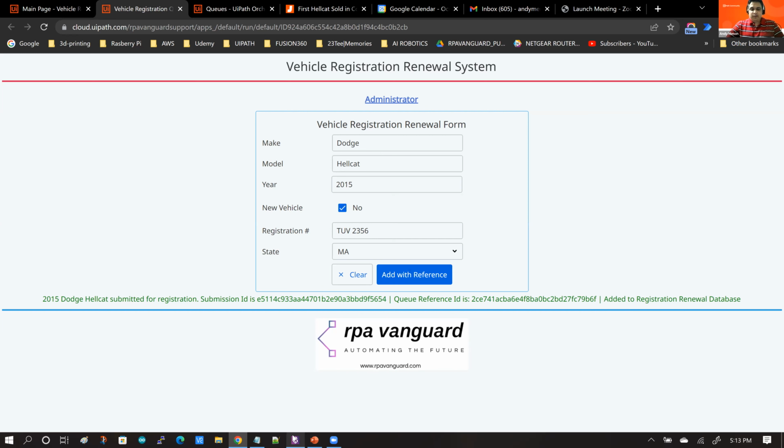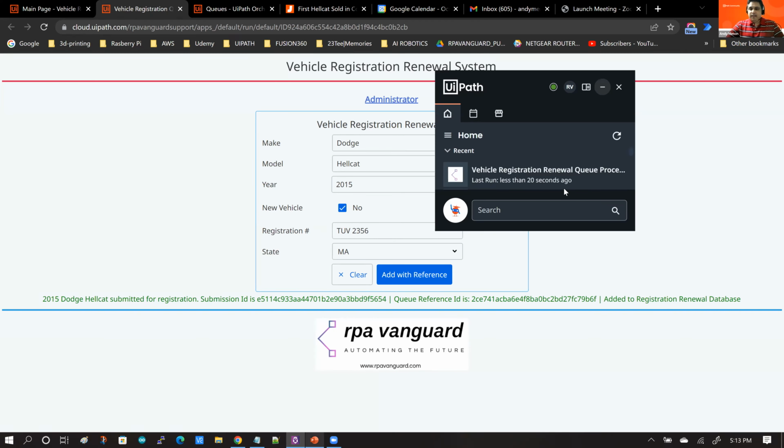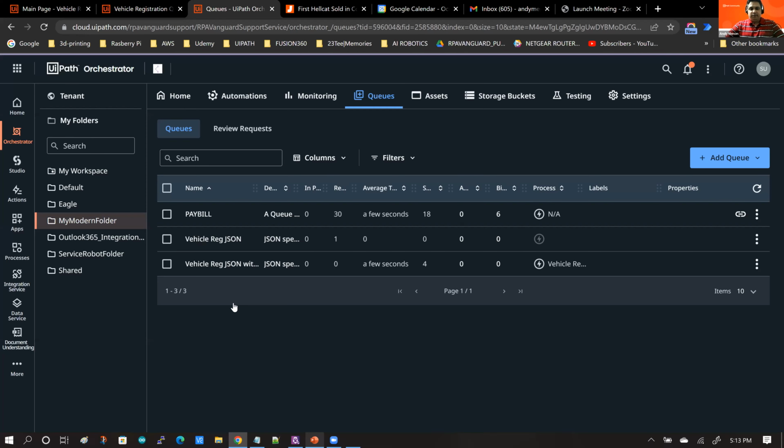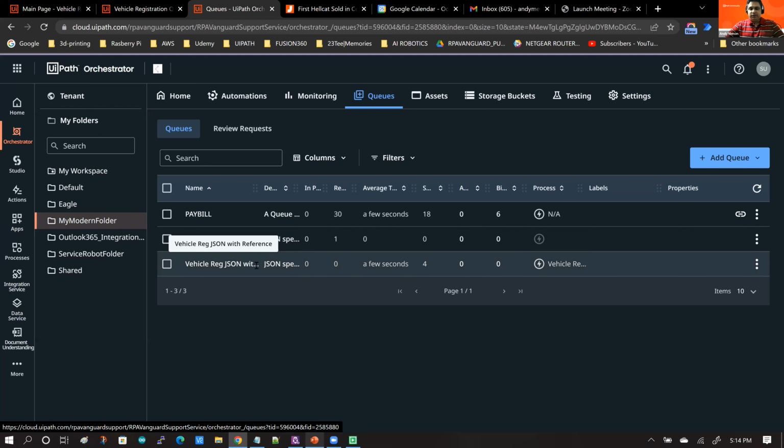Now, here you will see the app being mobilized, and the app will now generate a file and upload it to the storage bucket. And here is the submission ID. It begins with E5114. And we'll go to the storage bucket to make sure that the registration certificate has been generated. Now here is the vehicle registry JSON queue, and the automation has been triggered by the queue trigger. If I go into storage buckets,